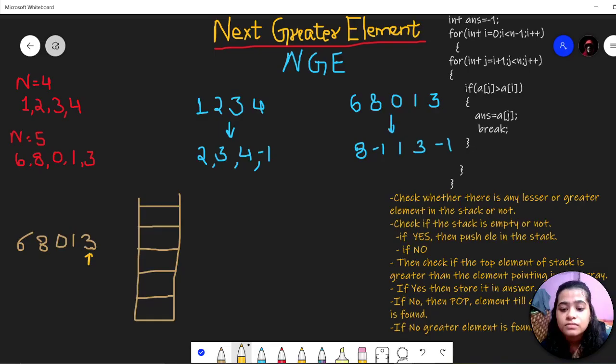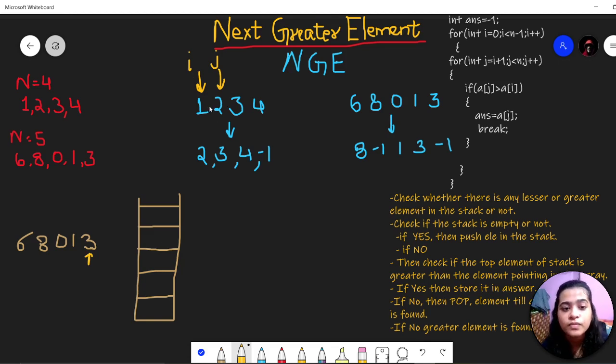So let's see the logic. The brute force approach will be, we will take two pointers, two elements i and j. i will point to the first element and j will point to the second element, and we will check if j is greater than i, then we will print it in the answer.